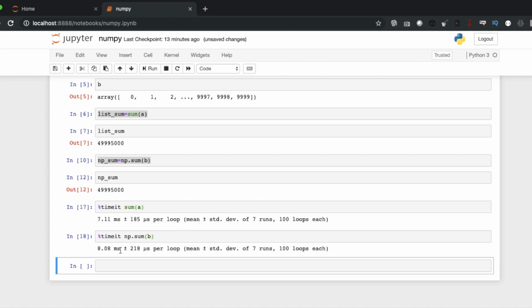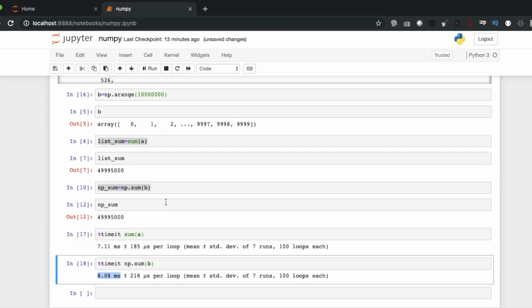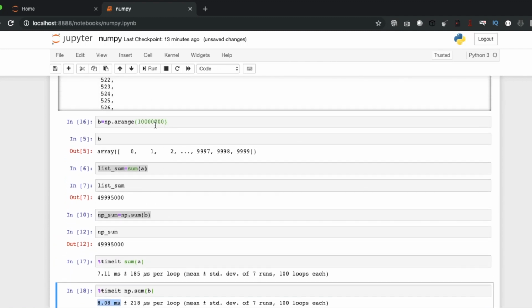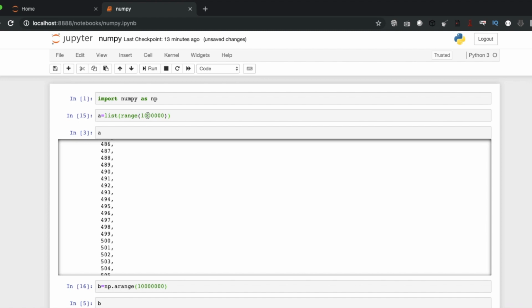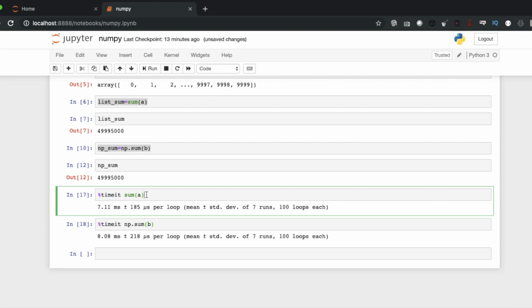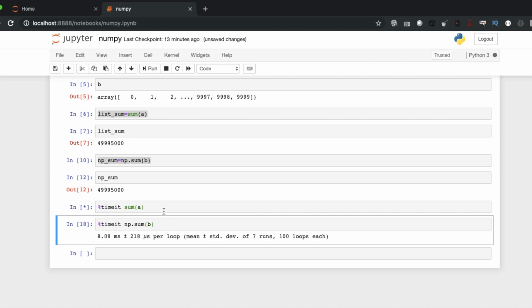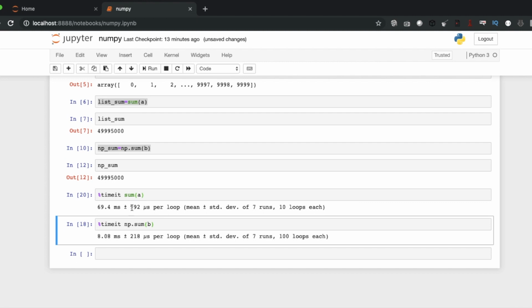Okay, you can see it is almost eight times. First it was six times, then it is eight times. The more the data size or data volume increases, the more the time will increase for list.